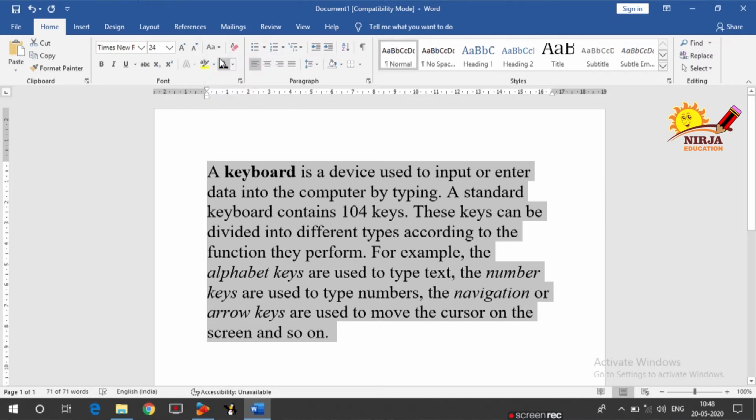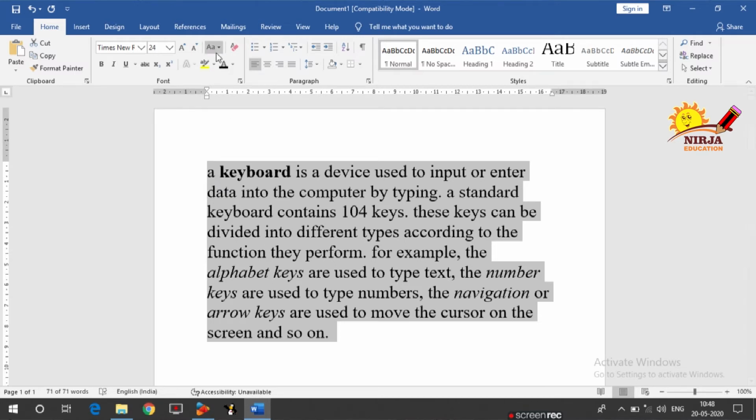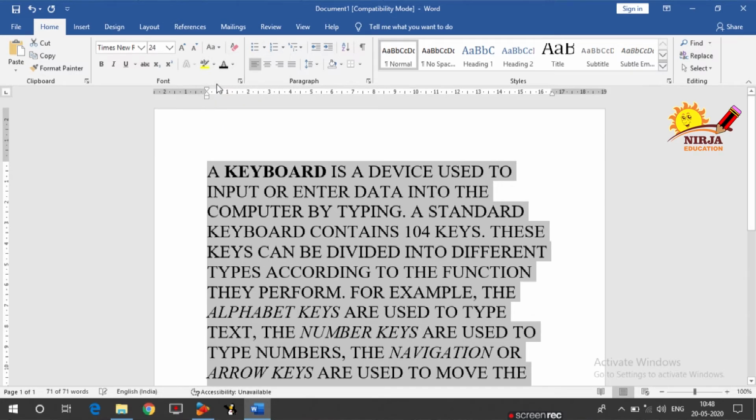Sentence case, it will remain as it is. Lower case, so whichever capital letters are there, it will be turned into small letters, as you can see in the first letter. Then uppercase, all alphabets will turn into uppercase, and then capitalize each word.